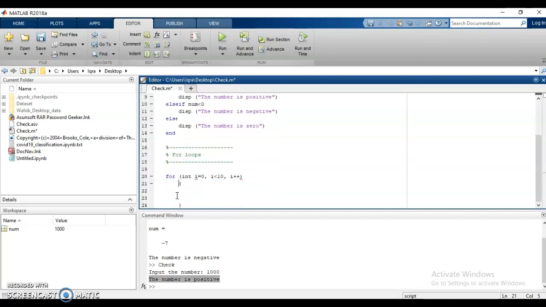This is simply what we say is the C++ way of writing a for loop. We have an integer I, the indexing variable, and we set it equal to 0, which is the starting point of the loop. We check the condition that this I, which is 0 right now, is less than 10. Since 0 is less than 10, the condition is true.